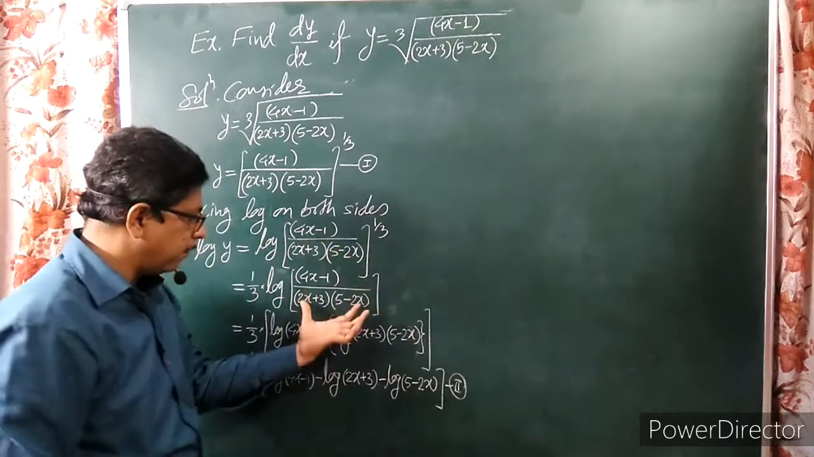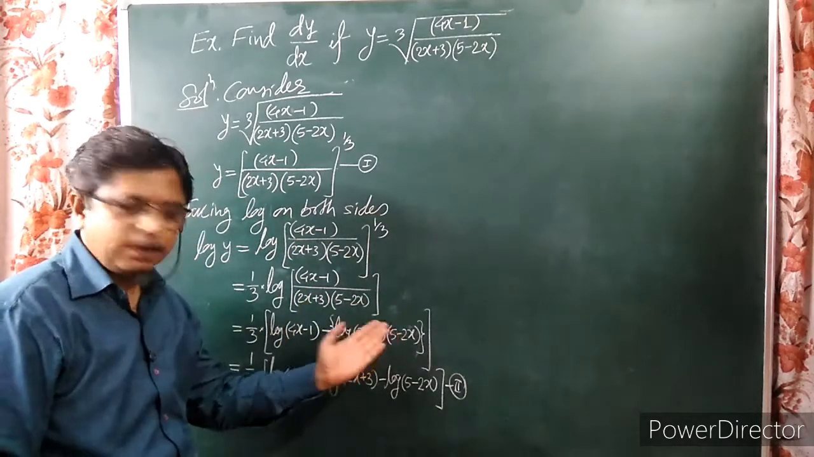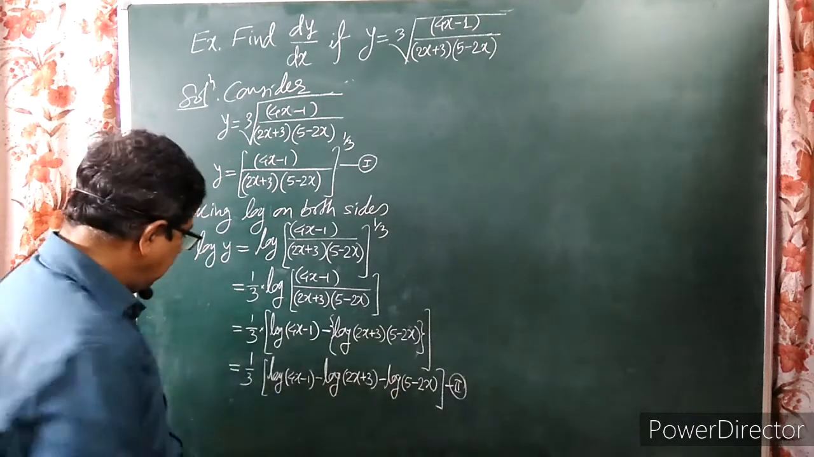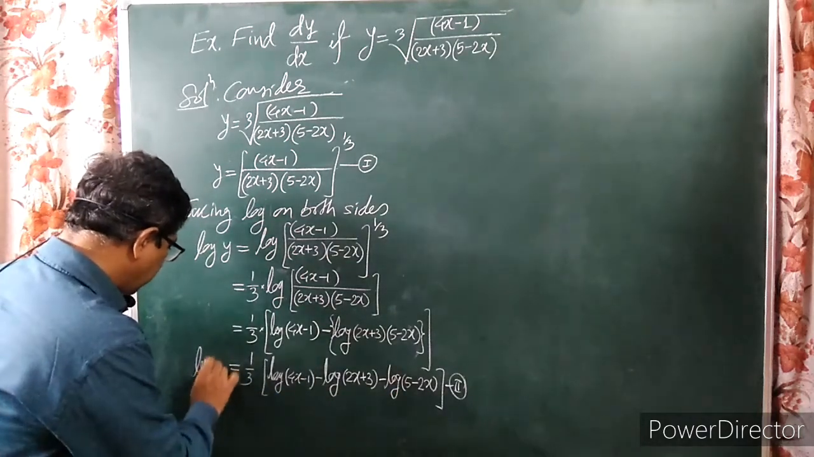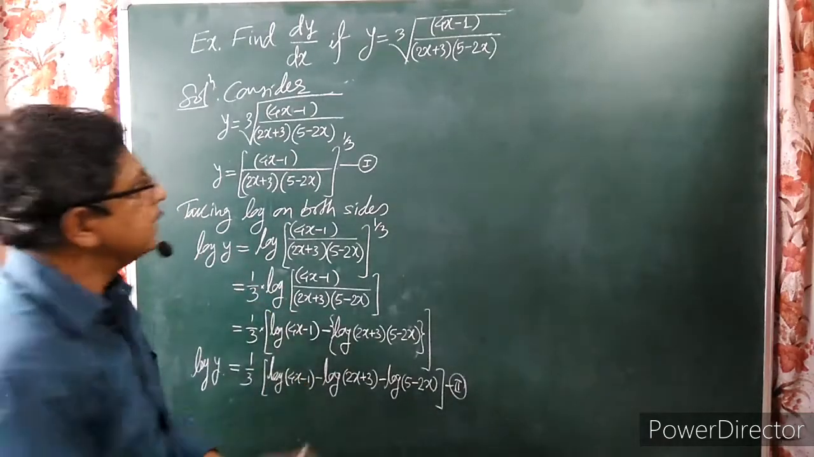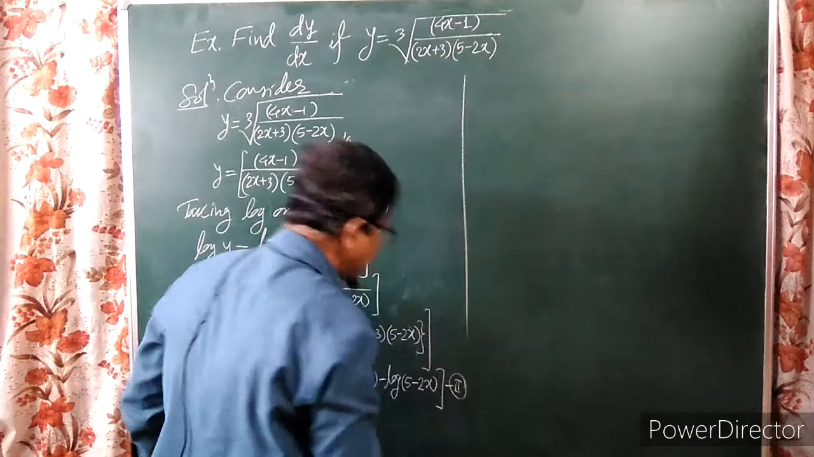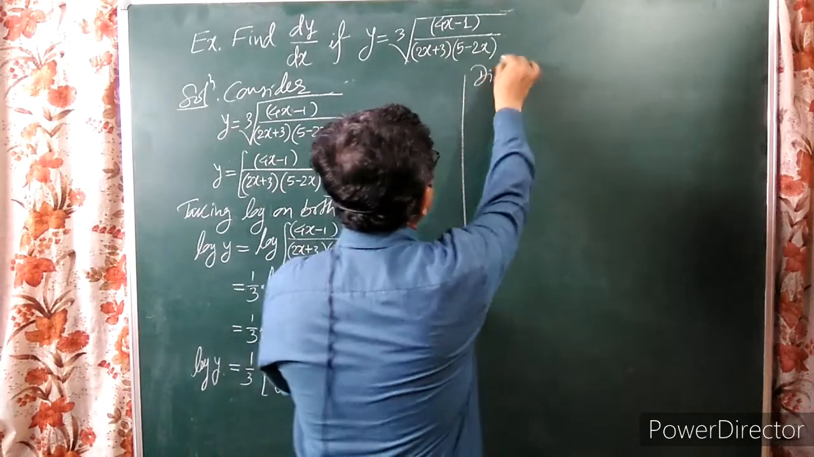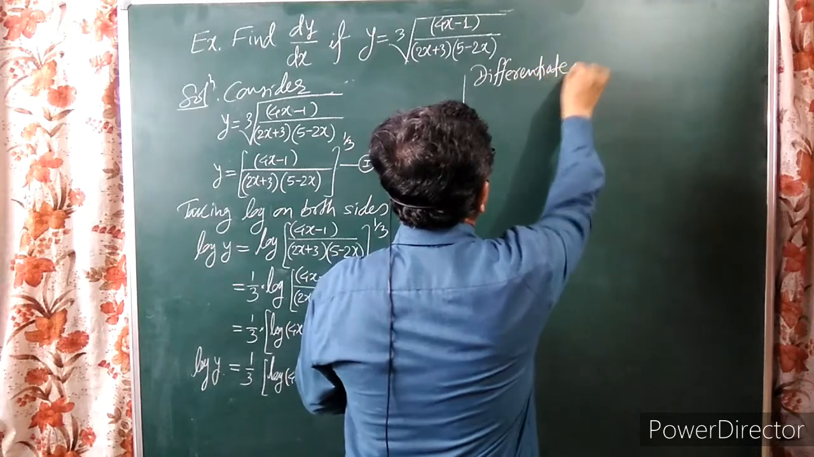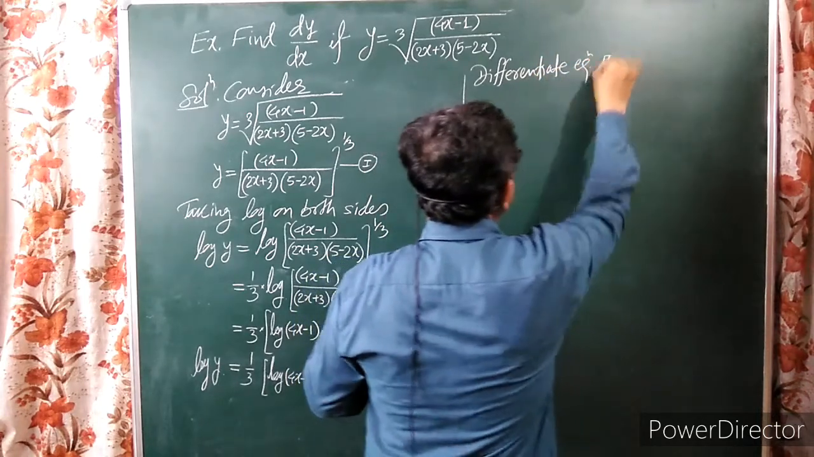ज्यांना लॉगच्या प्रॉपर्टीज परफेक्ट आहेत, you can avoid this step, you can directly go for this step. Okay. आता हा फंक्शन सिम्प्लिफाइड फॉर्म मध्ये आलाय आणि याला डिफरेंशिएट करायचं आहे. डिफरेंशिएट इक्वेशन 2